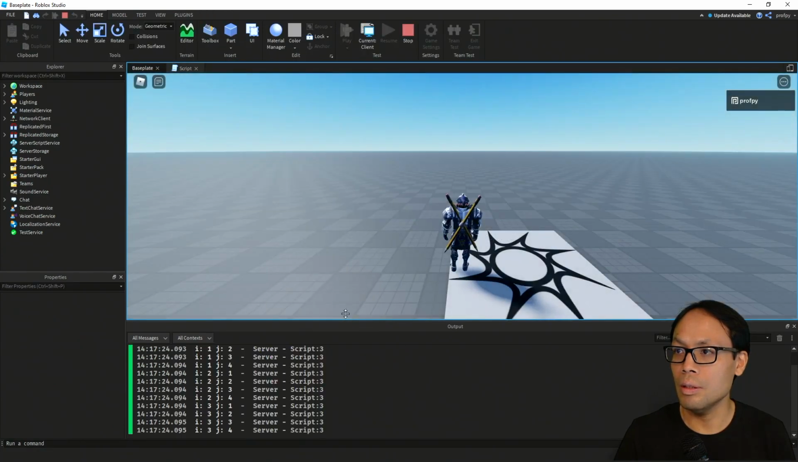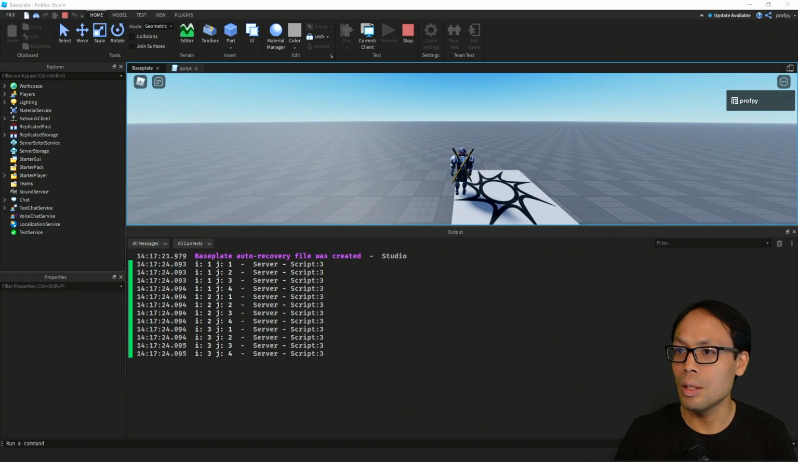Let's take a look at this in our output window down here. Make this a little bit bigger so we can see this. All right, so we have i is equal to 1, j is equal to 1. We have i is equal to 1, j is equal to 2. We have i is equal to 1, j is equal to 3. i is equal to 1, and j is equal to 4. And that's the end of the first outer